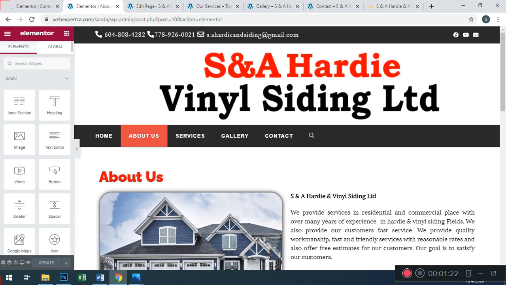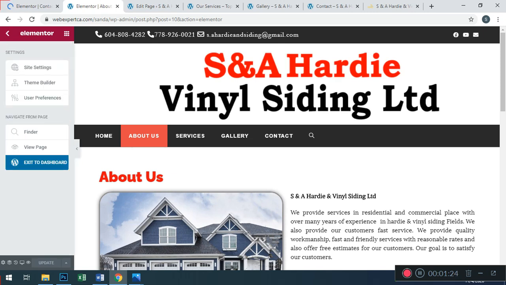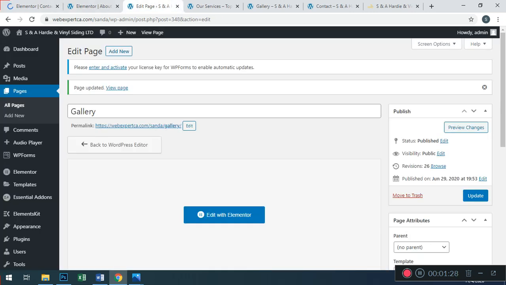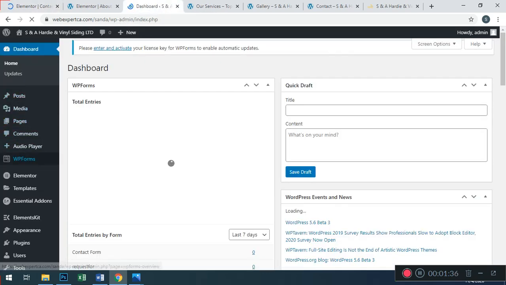Different forms are available in this page's dashboard. This will take some time. At this point we have some work to do.